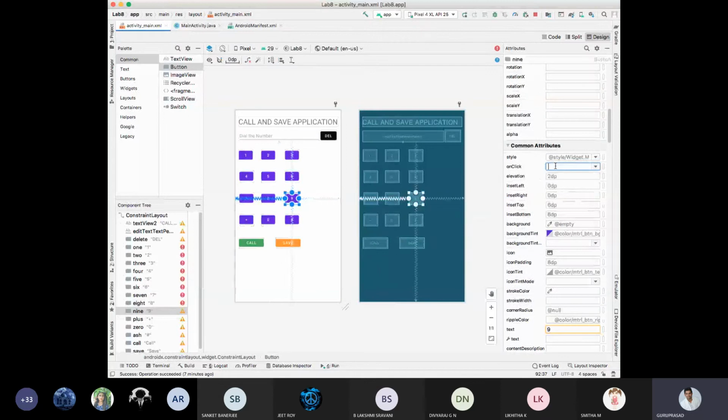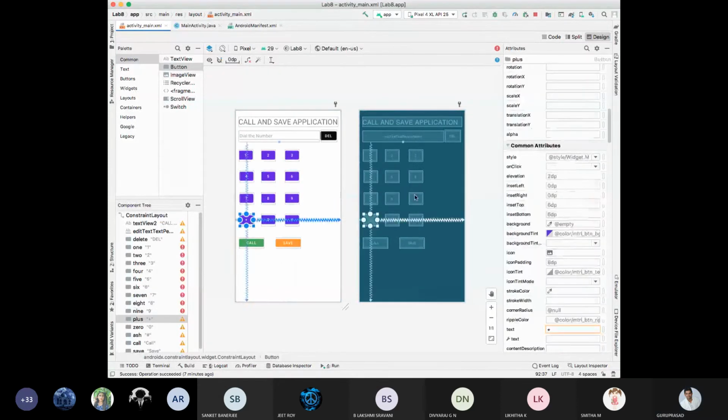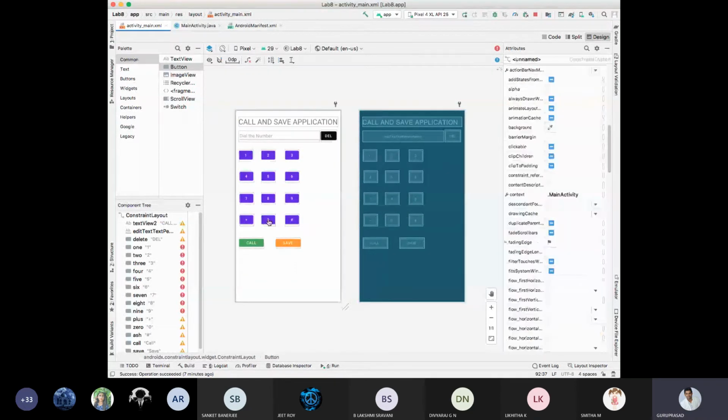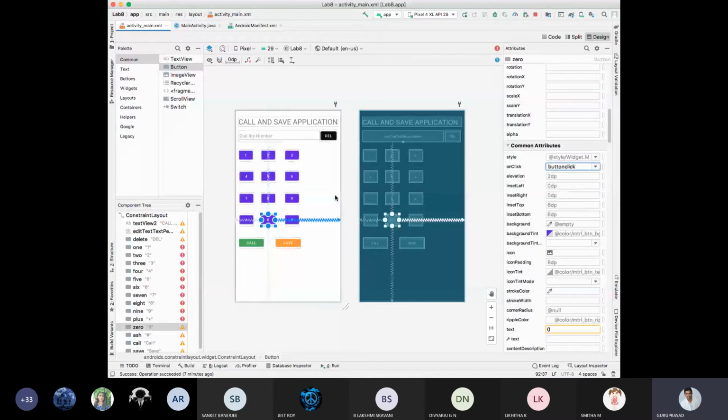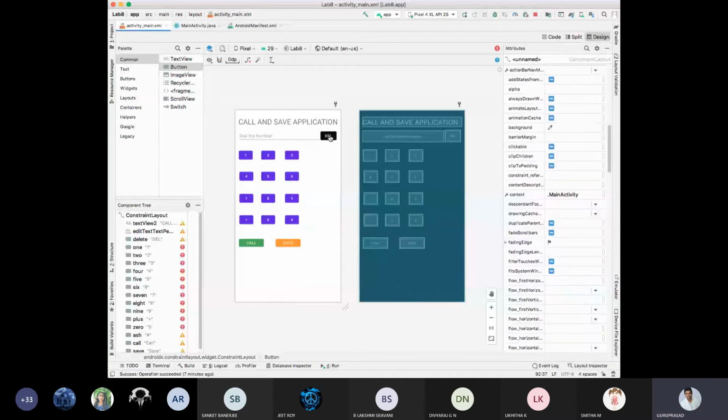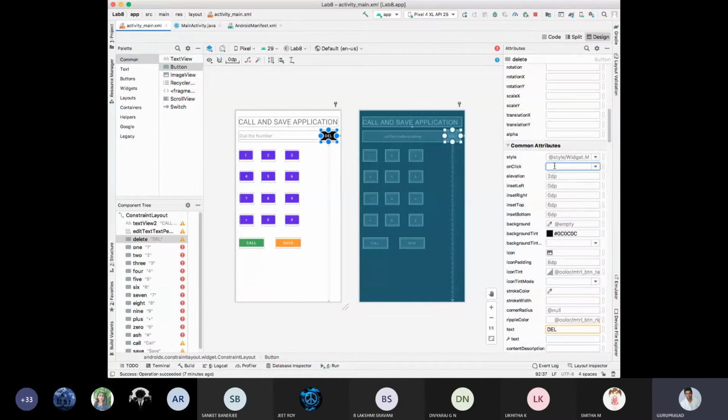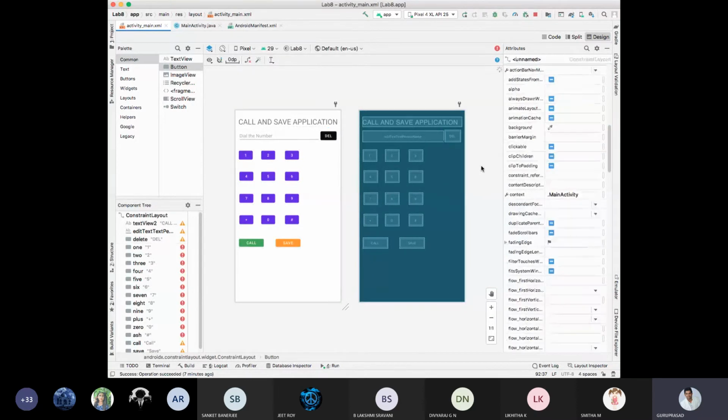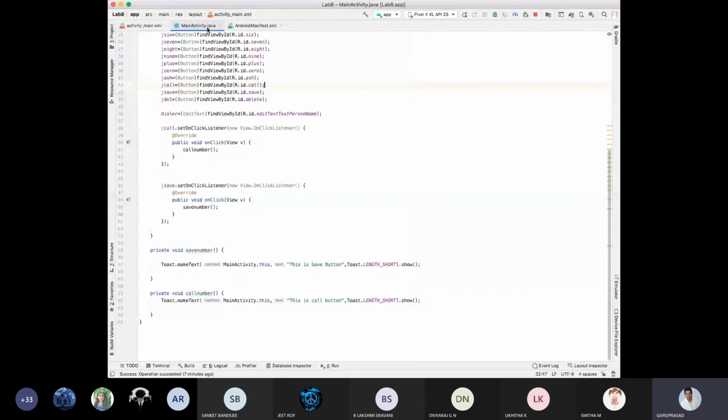Then ninth one, on click, button click. Then plus, on click, button click. 0, on click, button click. Hash, on click, button click. Delete, on click, button click. Now we have mentioned on click, button click for everything. For all 13 buttons you have mentioned that.